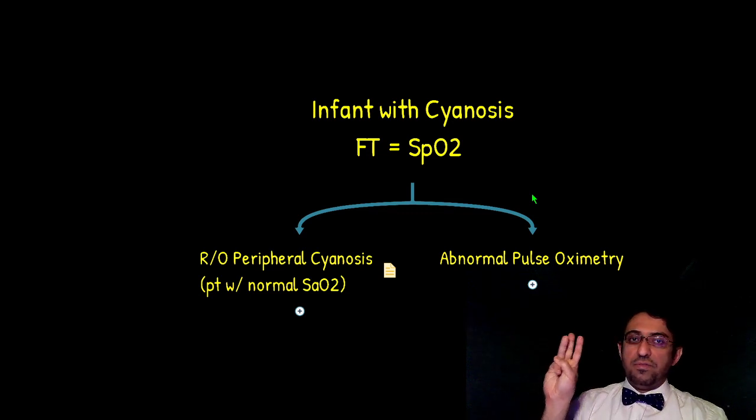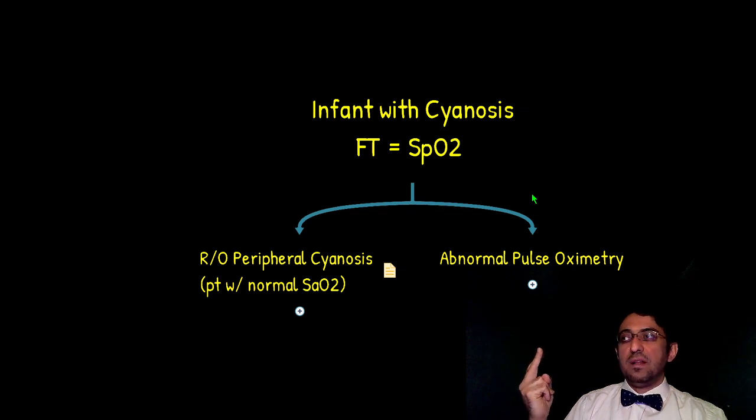What are the three important conditions to bear in mind when approaching an infant with cyanosis? Peripheral or acrocyanosis that will have normal oxygen saturation, and the conditions with abnormal pulse oximetry that we would like to categorize into three groups at the onset. One is the conditions with upper airway obstruction, two is the conditions with cardiac abnormality, and third is the respiratory